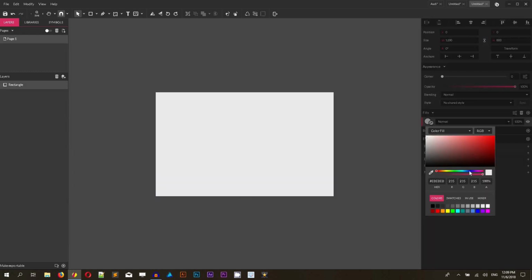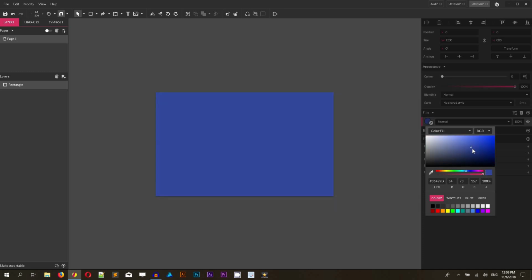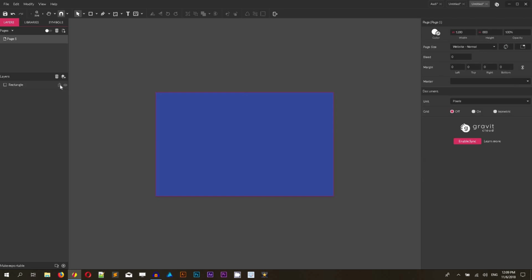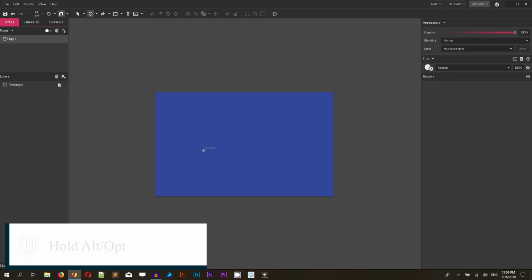Let's fill it with a bluish color. I'm working with a cold color because I want to show you how to create the bluish cold reflection on the metal. So far so good. Let's grab the ellipse, or click E, and holding Shift and Alt, or Shift and Option on your Mac,